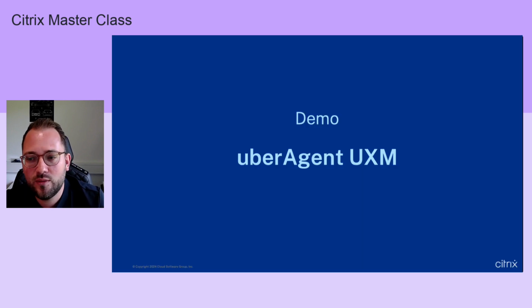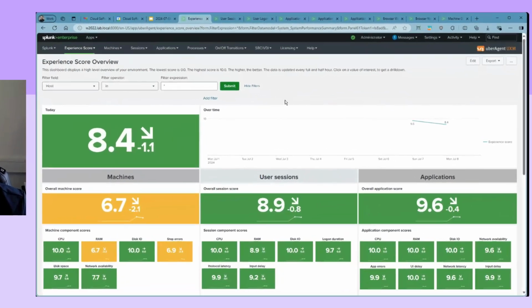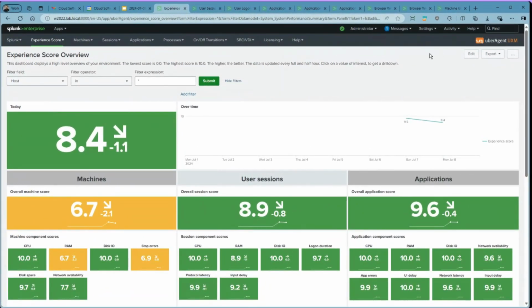Okay, so we have touched on what uberAgent is. Now let's see how the product can be used. Therefore, I'm going to switch to my demo environment. What we are now looking at is my local Splunk instance, and I've just opened the uberAgent UXM Splunk dashboard